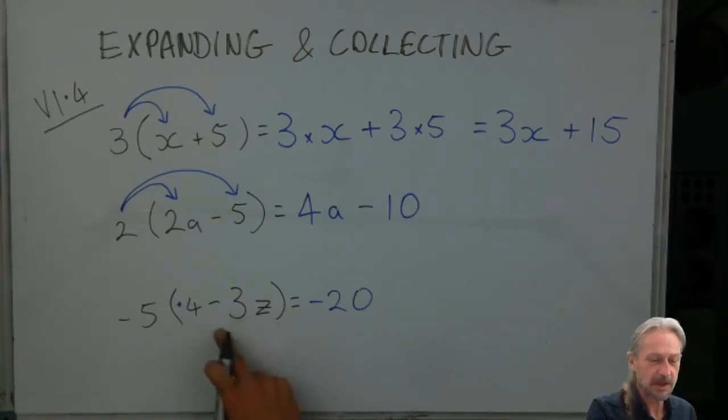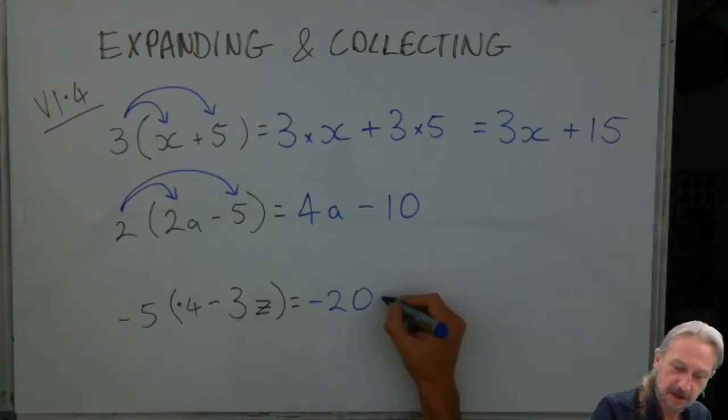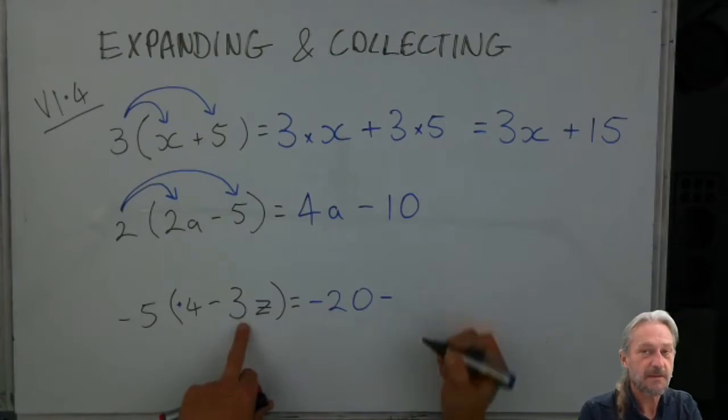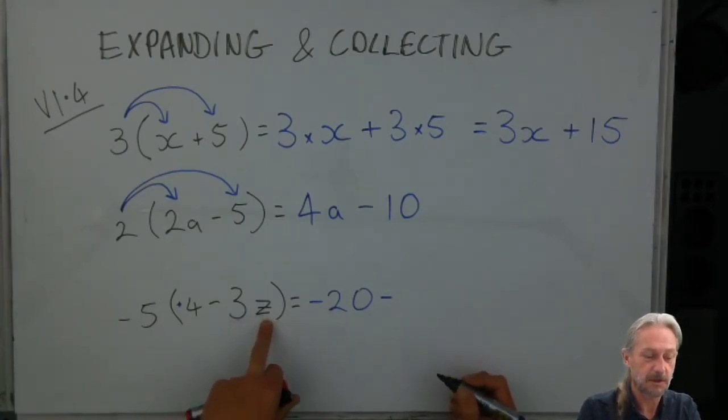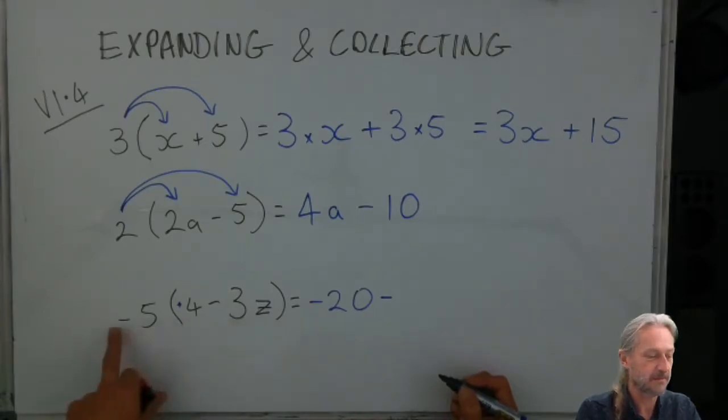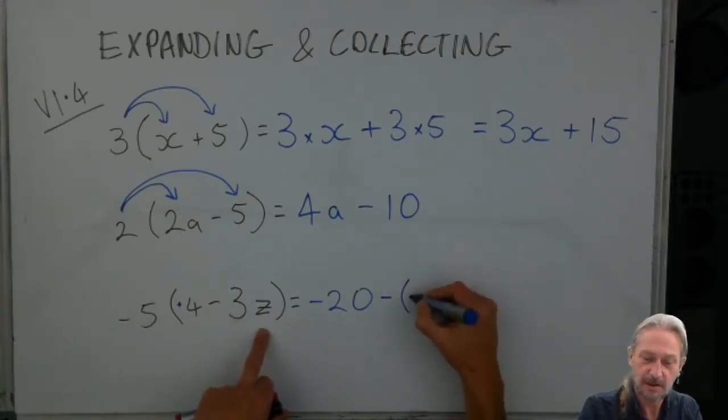Subtract a positive, so I'm going to keep the subtract. 3 times 5 is 15, lots of z, but because we're calling this 3 positive, we end up with a negative